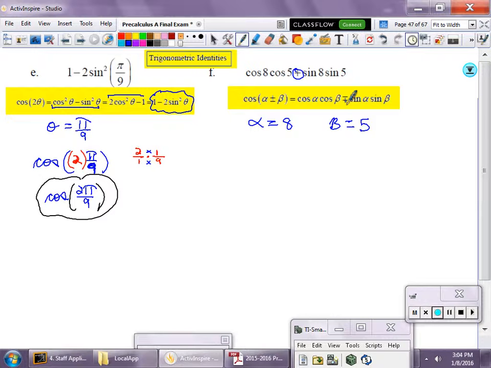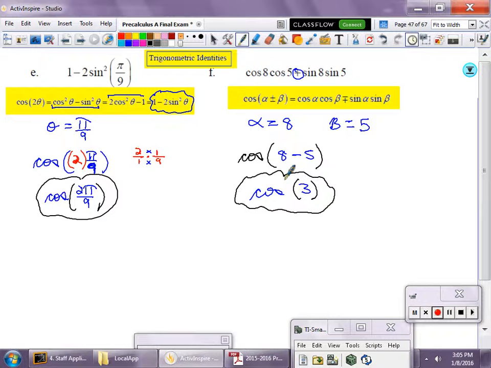So I'm just going to write that down and copy. Substitute. Make sure you're in order, left to right, alpha minus beta, and we get our final answer is cosine of 3. This is it. You can choose to use parentheses to organize what the angle is or not. Box in your final answer, and moving on to